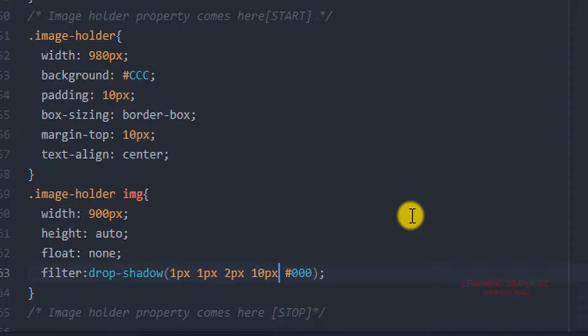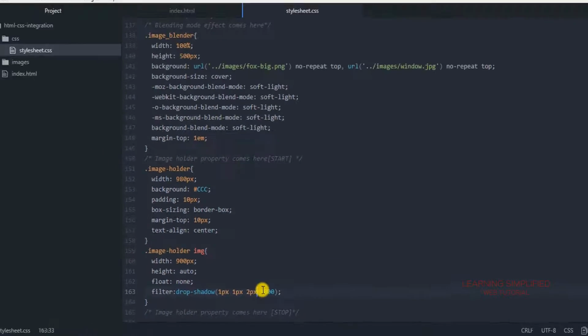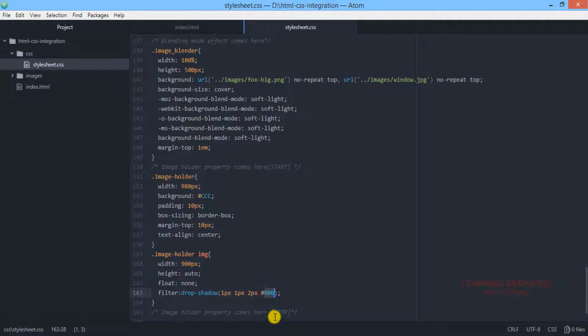This is an optional value, and you can put it in the negative region or the positive region. In the case of a negative value, it should grow into the upper part of the image, and in the case of a positive value, it will spread towards the downwards of the image. Right now I am not using any fourth parameter over here. Instead I am just putting these three parameters and the color of the drop shadow that we have created.